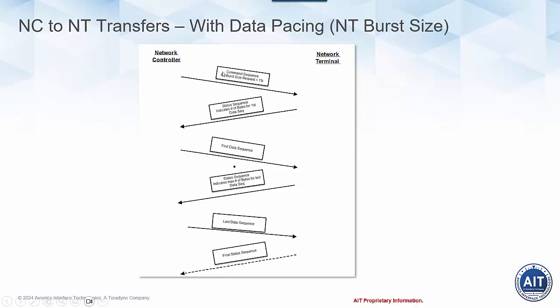Next, we have the concept where we can actually use the data pacing. So in this case, you would have the command sequence, but this time in the frame header, you would have the NT burst size request bit set. The network terminal would receive that command sequence. The network controller would not send any data sequences. It would wait after sending that command sequence. The network terminal would respond with a status sequence. The status sequence would have the